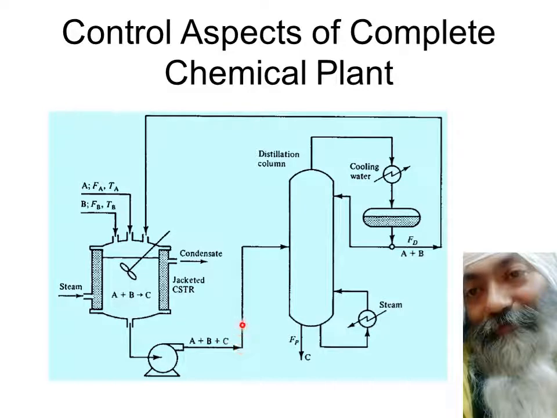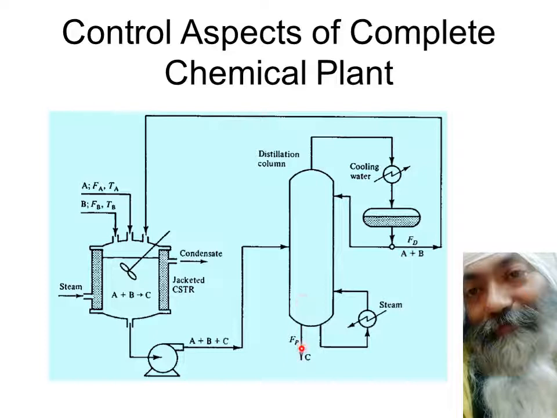So this mixture is going to a distillation column, and this distillation column is a binary distillation column. Binary means it's going to separate it into two parts only. Something coming out from here, we call it distillate, and something coming out from here, we call it bottoms, into only two parts. It's just a binary one, a simple one. And further we are assuming that the C part is coming down from here and the distillate part is coming back from here. So even if I assume that the C is quite pure, 90% pure, 95% pure, as may be the requirement of the C, the C is coming down. Let us say we want 95% pure C.